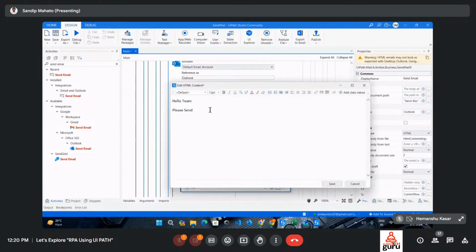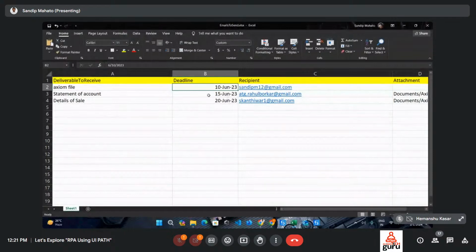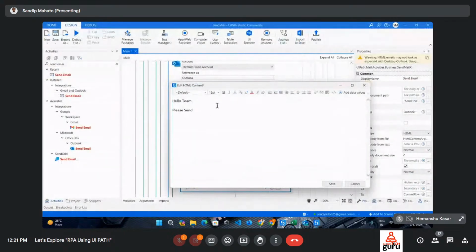Okay, so we have specified some variables or some values which are dynamic. That means every time the deliverable and the deadline will be changed. So that's why we had to provide that data here. So that's why we have created some variables or some values. Send, use that value. Okay, before deadline. Okay,